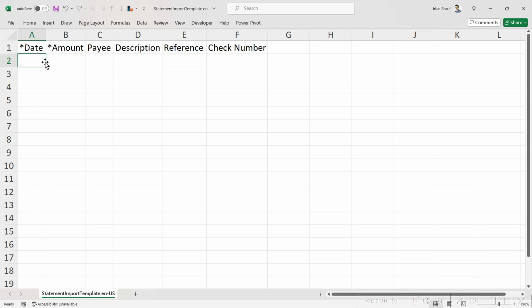By the way, if you already have your bank statement, you will just rearrange it to make sure that it comes in this format, and all you have to do is to bring the date in the first column, amount in the second column, and then pay in the third column, and then description, reference and check number. Right now I do not have a bank statement to upload. I will rather just enter things